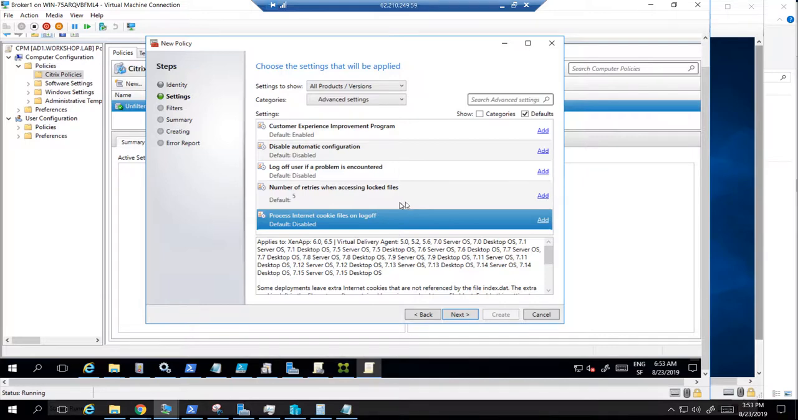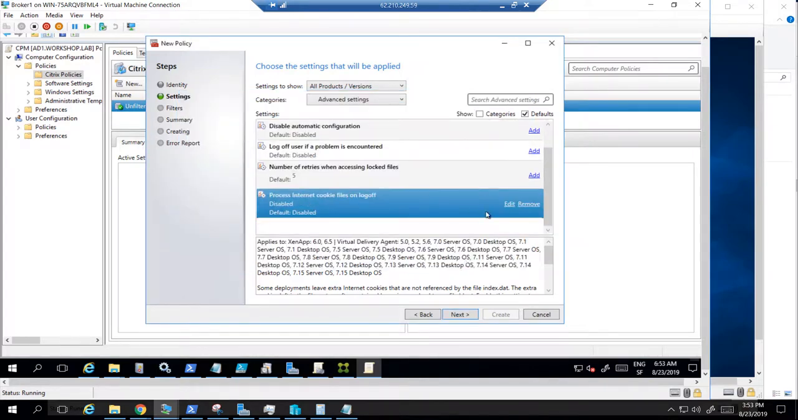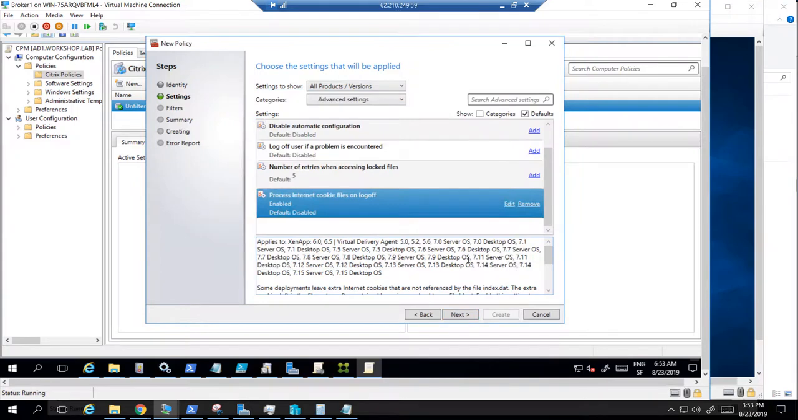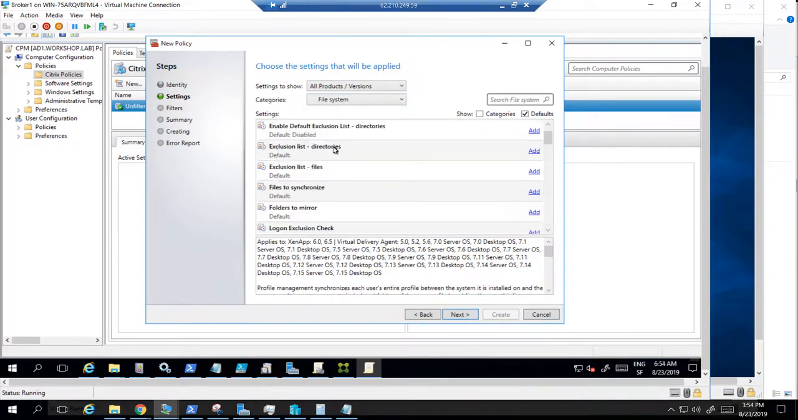because with this one, if you enable it, in some deployments, of course, you have some cookies, and these cookies you want them to be processed on logoff, of course. So well, no, sorry, it was enable. So enable this one. This is for something that you put each time here. And after that, go on the file system here. So advanced setting, and you can go after on the file system, and on the file system, you can exclude